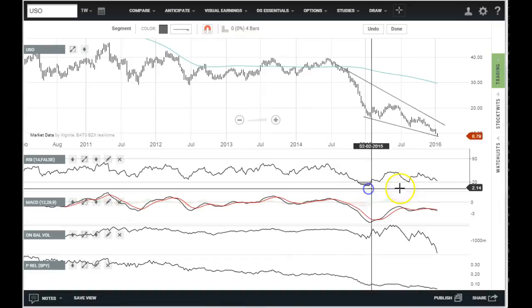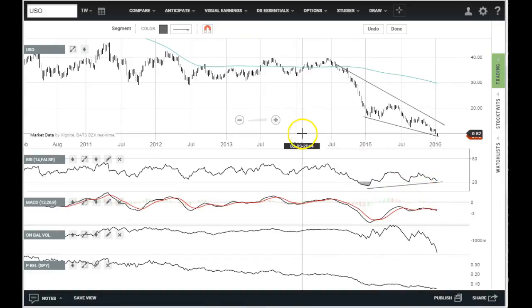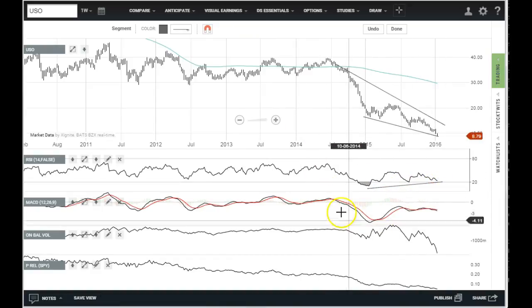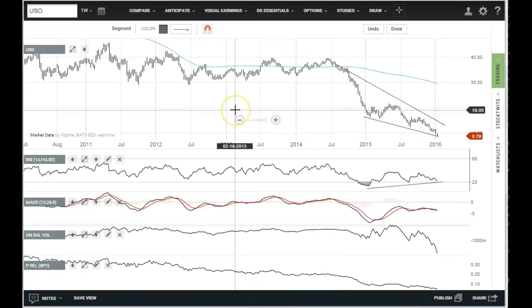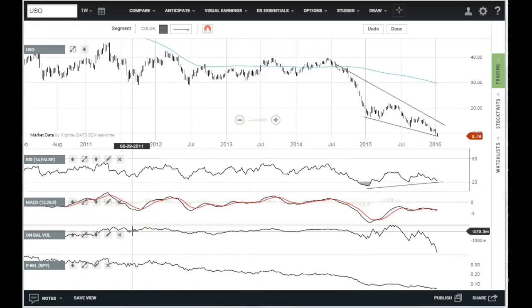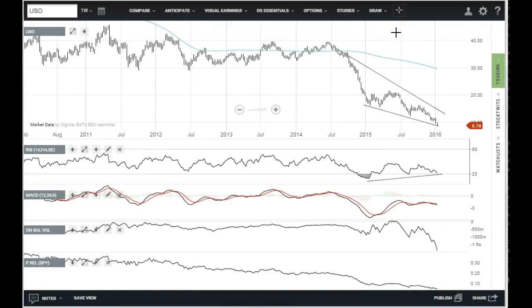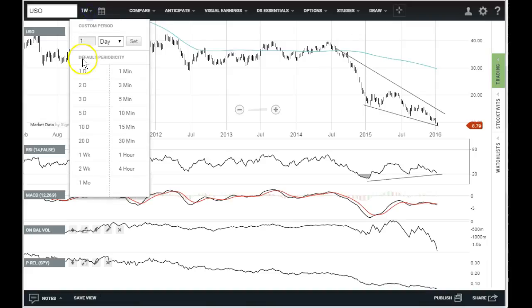And you can also make an argument that RSI here is rising, and there's the MACD rising again, but I like RSI better for this. On balance volume I don't find relevant in the weekly format the way it's constructed. So there is hope that it's near an end here in the weekly format. That is certainly not a short-term buy signal by any means. All right, we're going to put this back to daily.